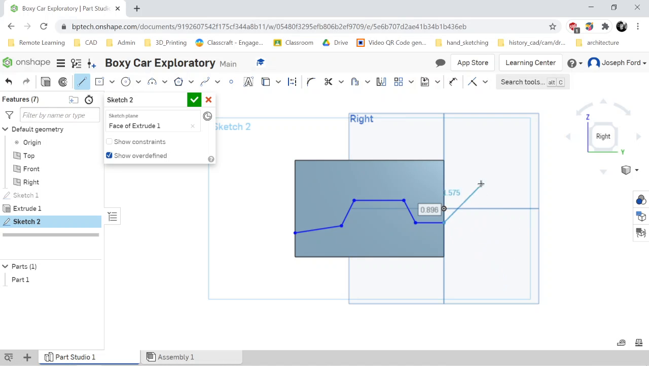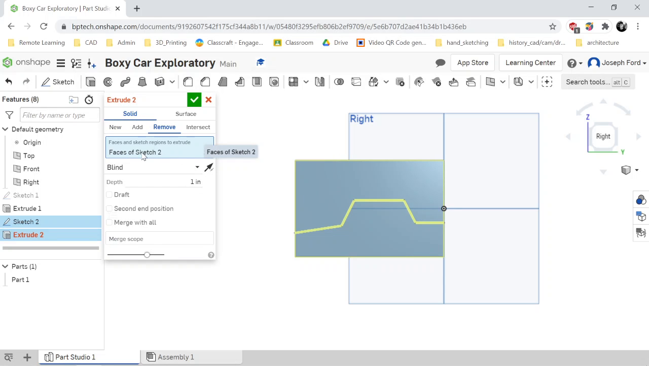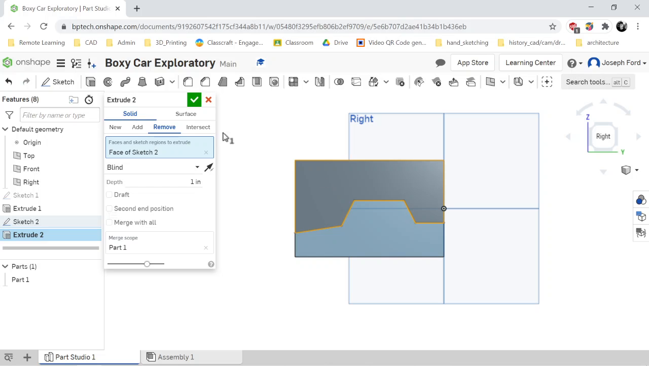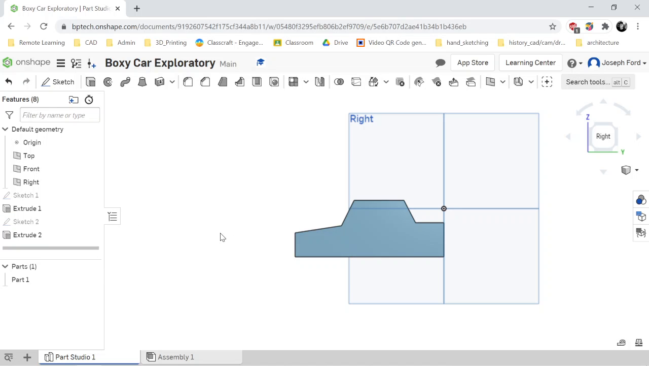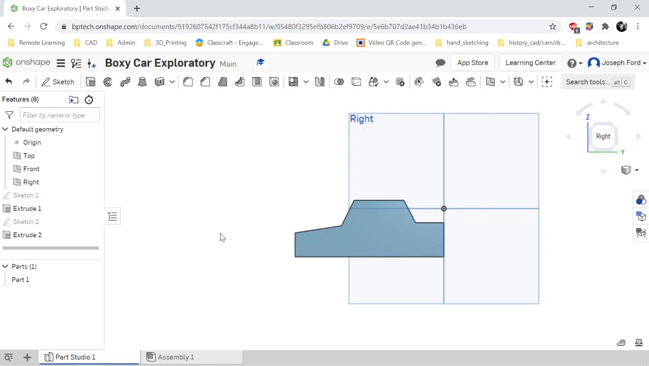And once I have it here, I'm going to hit escape. And this is the portion I want to cut away. So I'm going to click on Extrude and Remove. And it'll automatically select some faces of the sketch. I'm going to want to escape out of that, and I want to manually select that. And once I have that selected, I'm going to click on Blind, click on Through All, and check it off. So now I have the outside of my car, the side profile of my car,